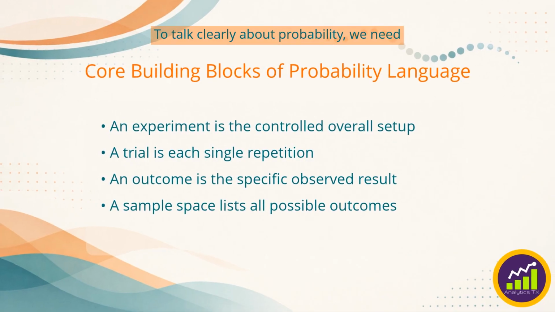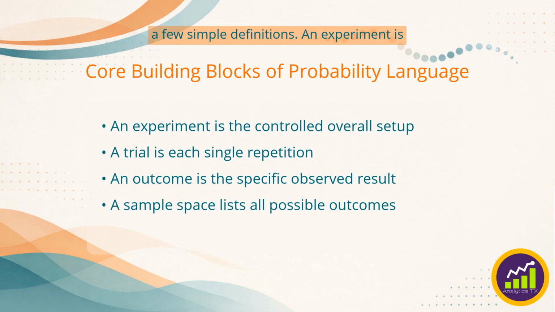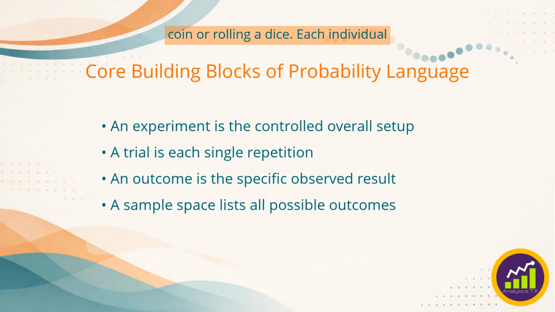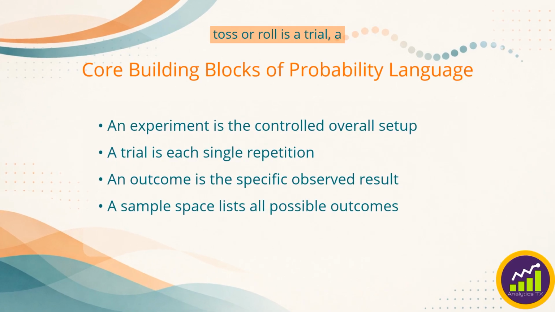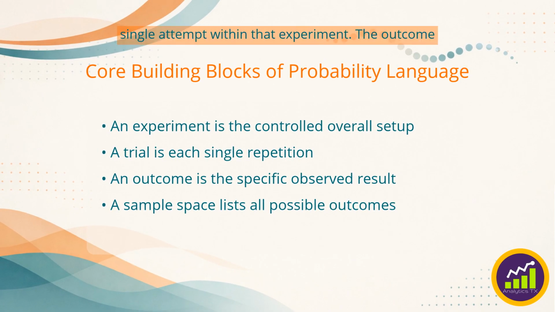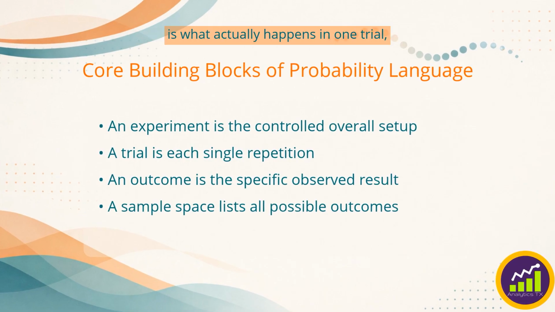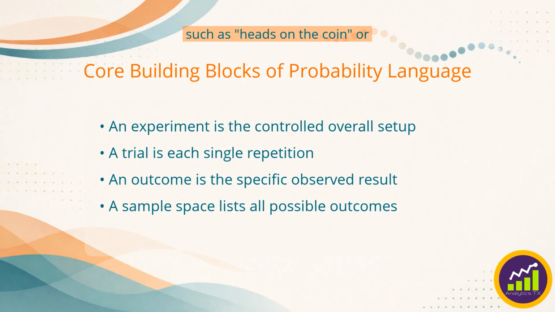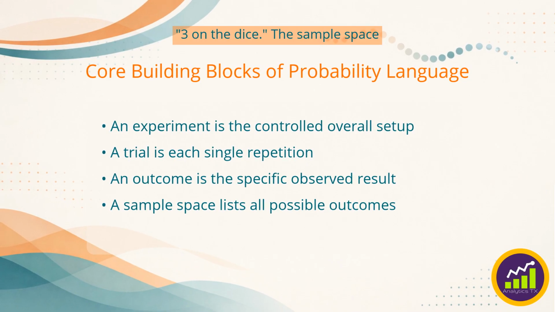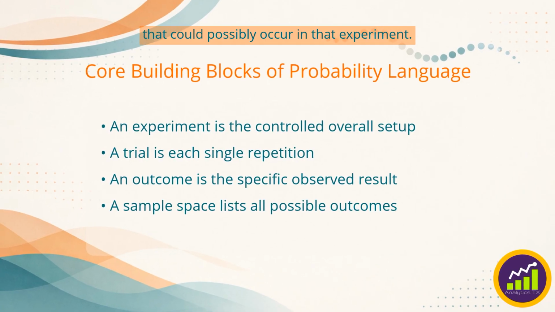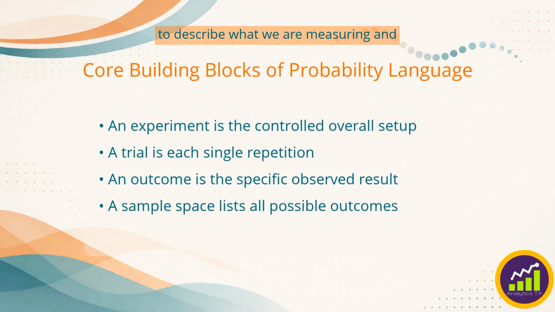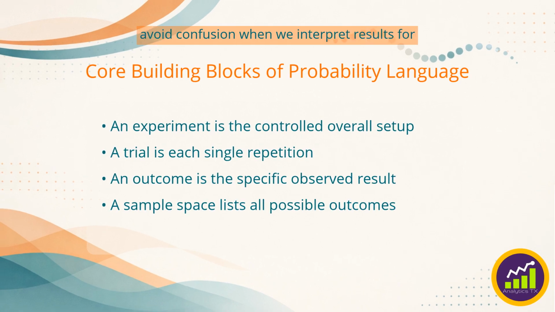To talk clearly about probability, we need a few simple definitions. An experiment is the overall controlled operation, like tossing a coin or rolling a dice. Each individual toss or roll is a trial, a single attempt within that experiment. The outcome is what actually happens in one trial, such as heads on the coin or 3 on the dice. The sample space is the complete list of all outcomes that could possibly occur in that experiment. Getting these terms straight makes it easier to describe what we are measuring and avoid confusion when we interpret results